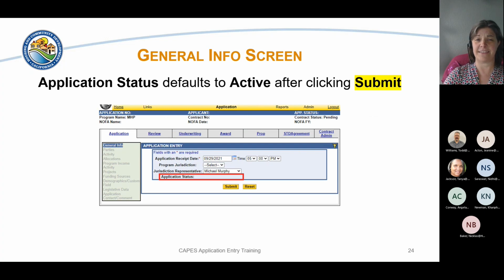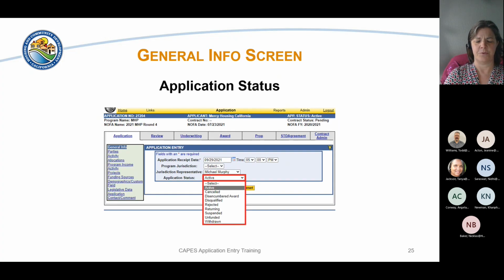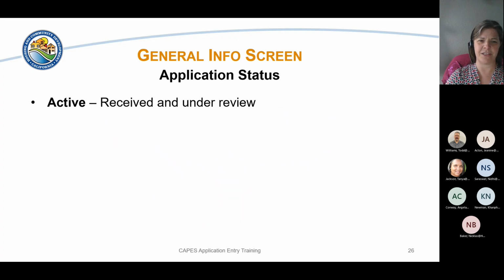I mentioned application status, that'll default. You'll notice that it's blank initially and will default to active after you click submit. Once you click submit that first time, you'll notice active is the default. There are other application statuses. They won't matter so much at this point, but just to give you an idea about those, active means it's